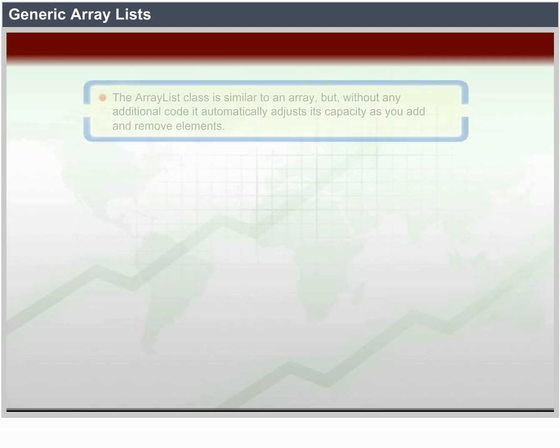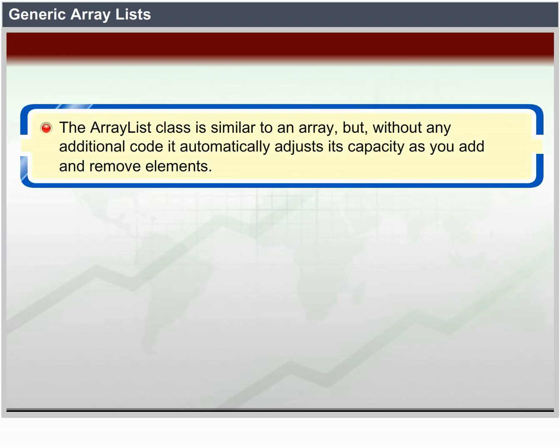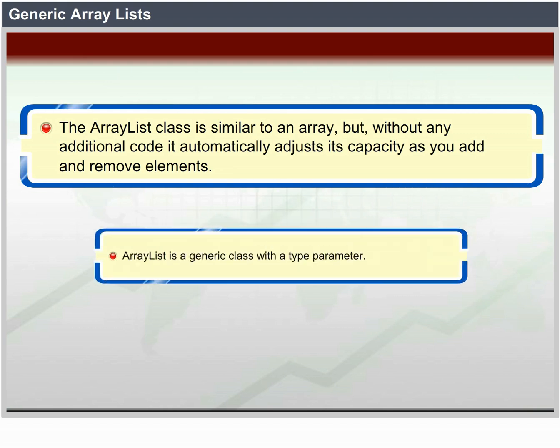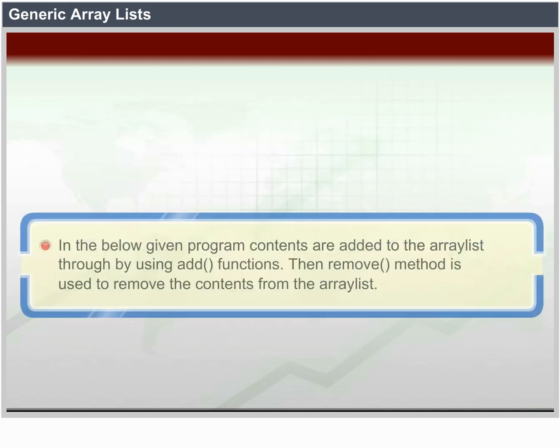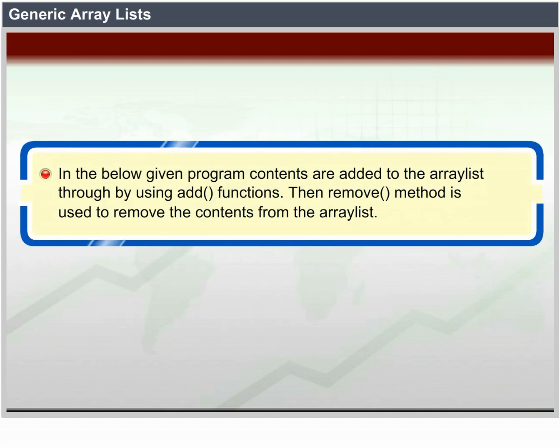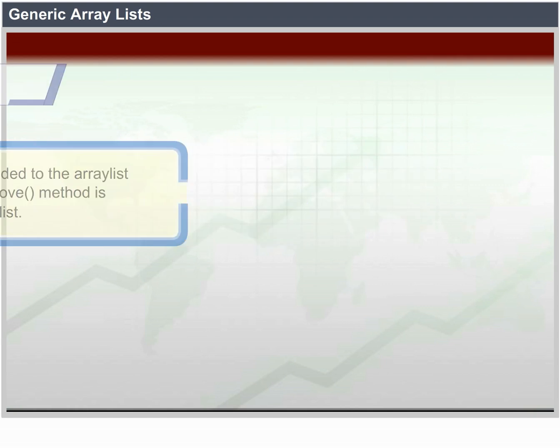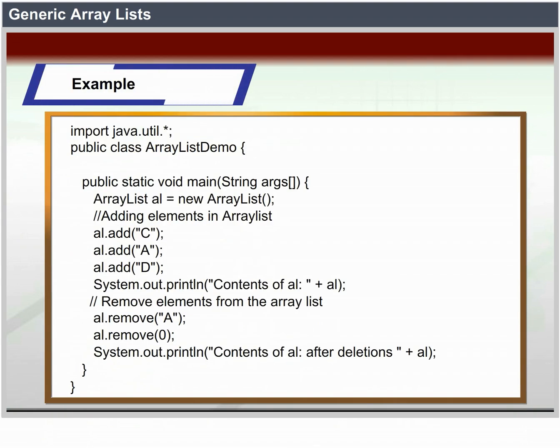Generic ArrayList. The ArrayList class is similar to an array but without any additional code to it. It automatically adjusts its capacity as you add and remove elements. ArrayList is a generic class with a type parameter. In the below given program, contents are added to the ArrayList by using the add function. Then the remove method is used to remove the contents from the ArrayList. For example,